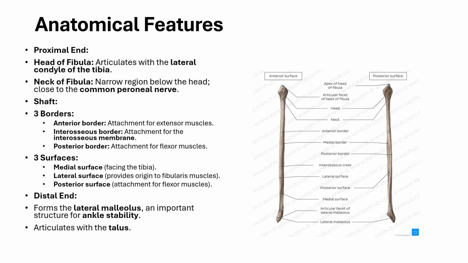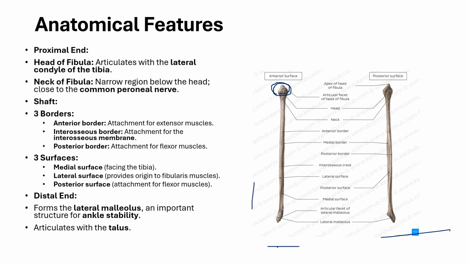Starting from the proximal end, when we look into the anatomical features, we will see, let me make it blue, that from the proximal end we have the head. There are two surfaces present, the anterior surface of the fibula, this one, and the second one, the posterior surface of the fibula. So we don't need to be confused regarding this. This is just an anatomical feature. So the head of the fibula